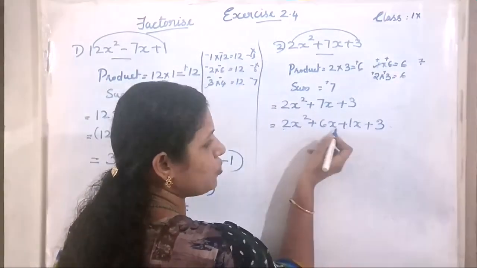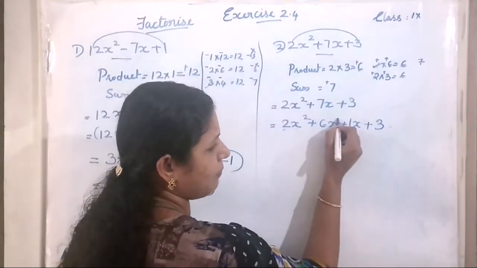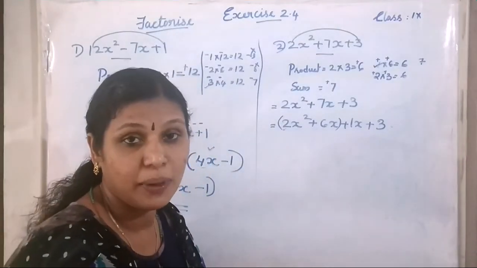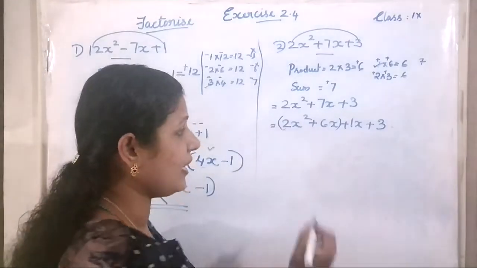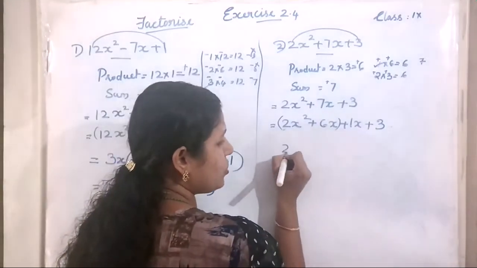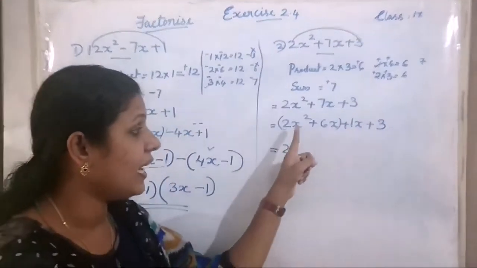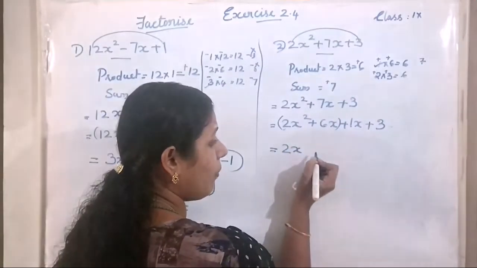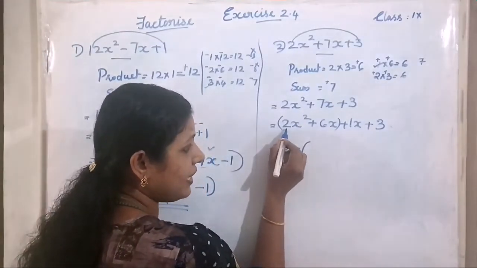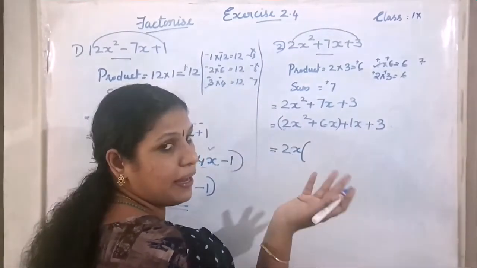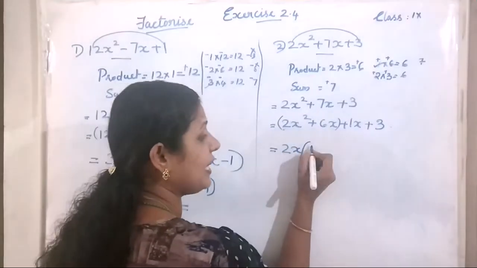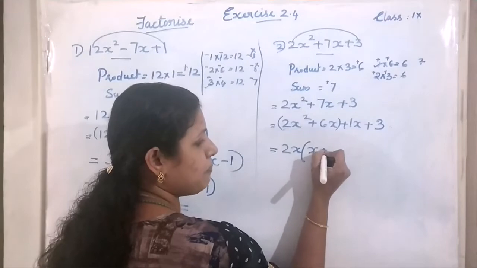Now we categorize into two parts. This is the first part and this is the second part. In the first part, 2x square plus 6x, the common number and variable we take outside. From 2 and 6, 2 is the common, so we take it outside. x square and x, x is the common variable. So we take 2x outside. And the remaining here is 2x divided by 2x is x, and from 6x...